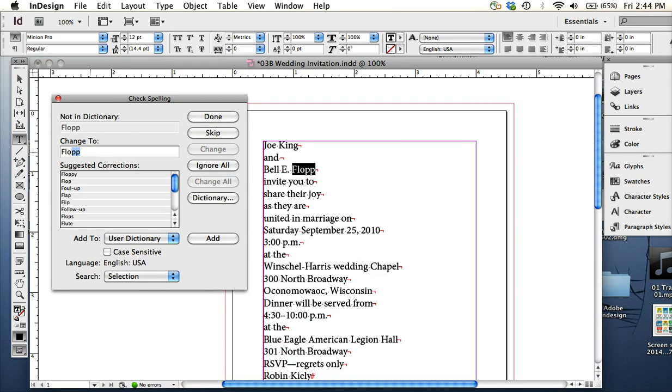And for example, names that are proper nouns, they're spelled correctly, but they're not in the dictionary, you can just skip them, like Winchell Harris. Just double check to make sure you did spell it correctly. Winchell Harris, looks like it's right. Then skip, and then